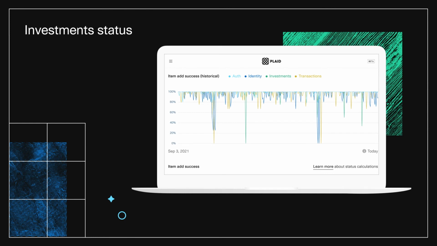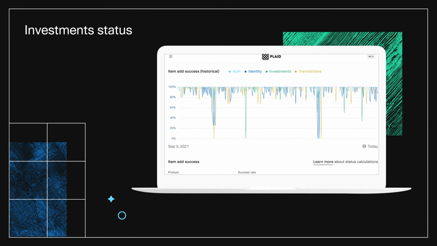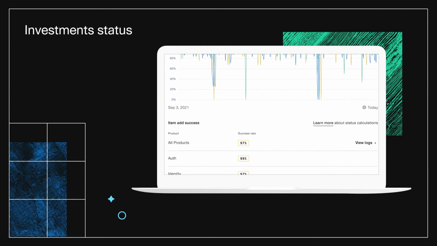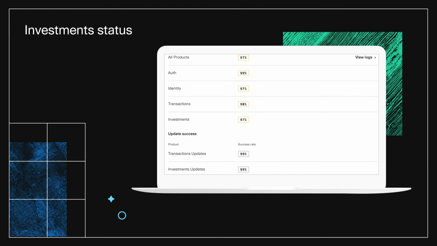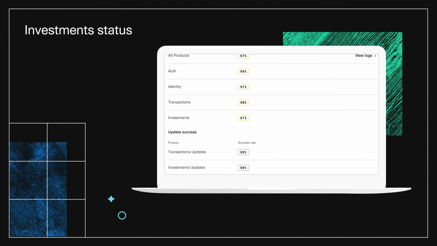The third improvement to status is surfacing investments institutions. Previously, if you were using our Investments API, you might not see information about investments institutions within status. We knew that this was a gap for many of you, so we worked on adding data for these institutions into the dashboard. Now, you'll be able to see the connectivity of investments institutions that Plaid connects to in status,